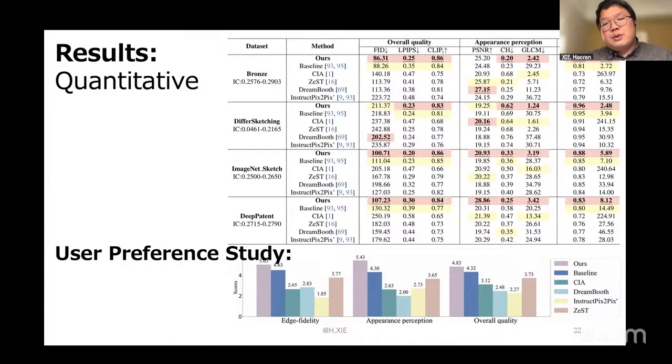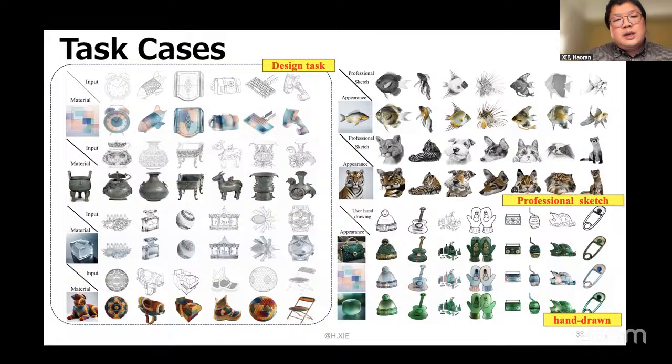We got the best results in overall quality, appearance perception and edge fidelity. This kind of task is not only for fine, professional drawing. It can also be used for hand drawings that are quite rough and not so perfect. So we can use it for different scenarios.